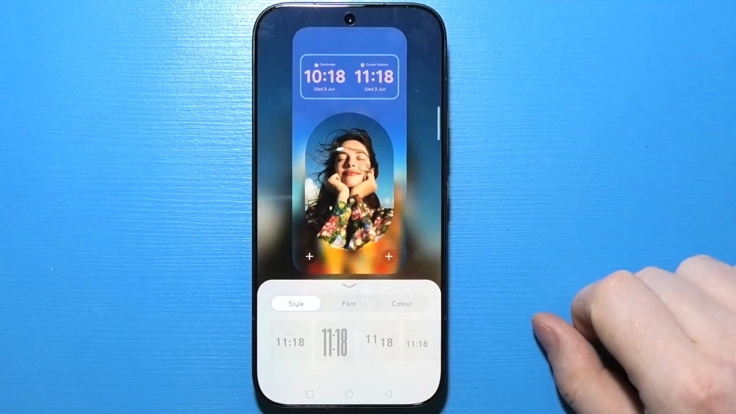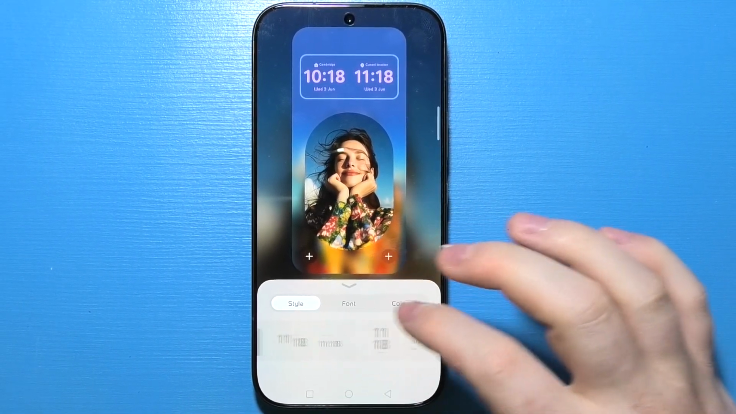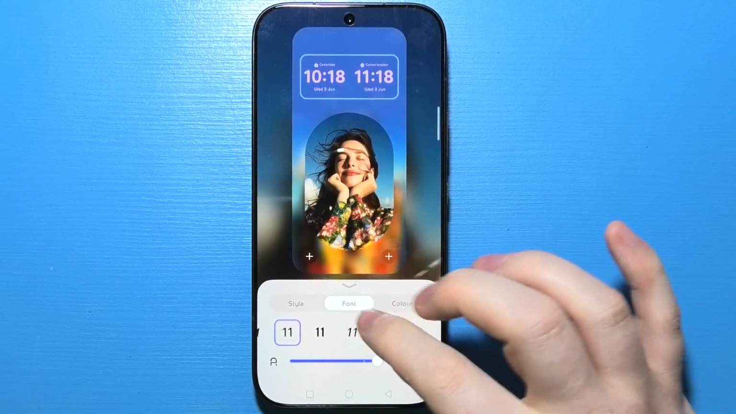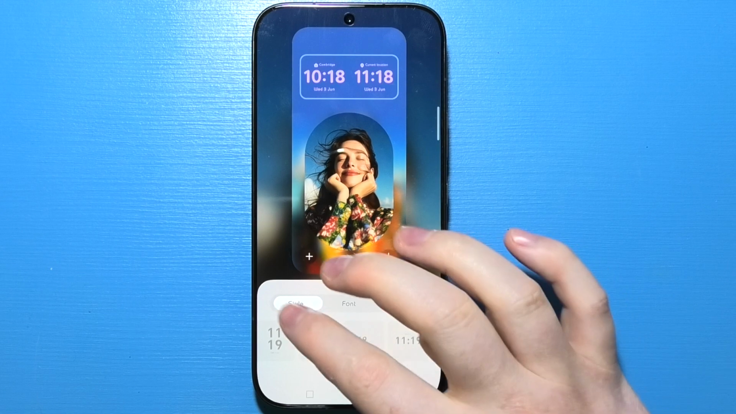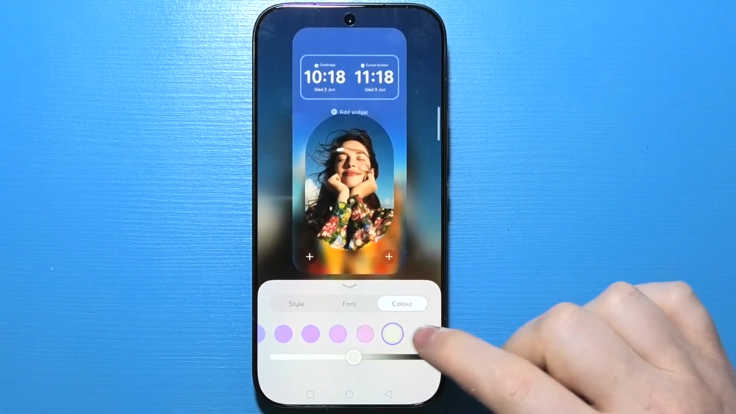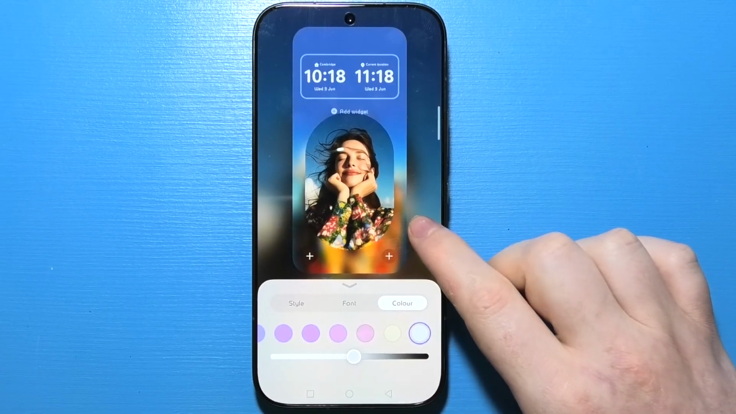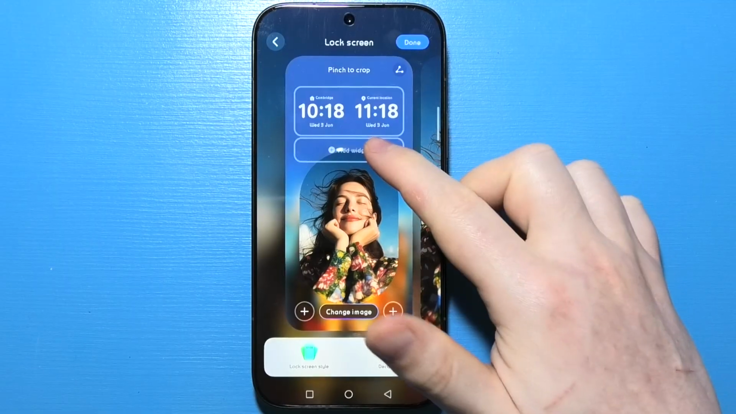If you click right here, you'll be able to switch to different clock style, so you can change those styles right there. You can also pick different font style, but this will only apply in certain styles from this page right here. Then there's options to also change the colors. And now we can click on our lock screen again to go back, and then there's a button to add